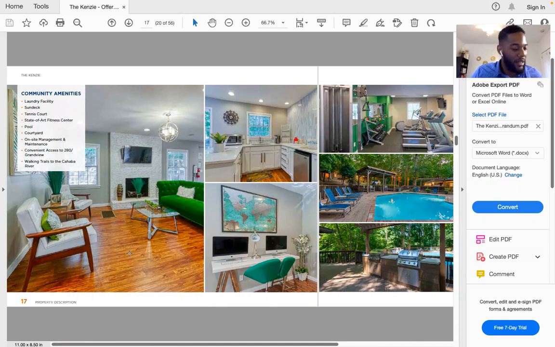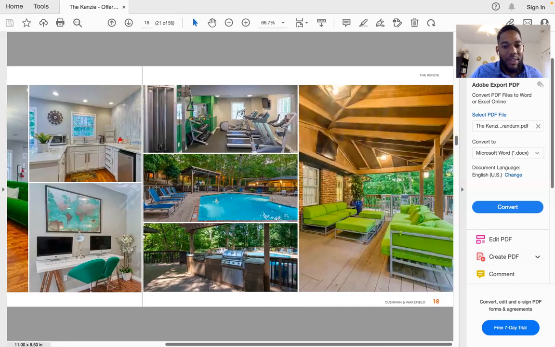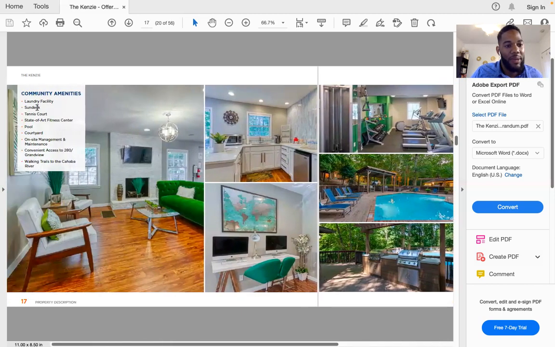I mean, the hardwoods look good. We don't really see this red hardwood much. We're seeing more grayer tones nowadays. I would say tennis courts may have been popular in the 70s, but nowadays we don't really see tennis courts with newer build properties. We're seeing more grilling stations and what do they call those, like the gazebos, and dog parks, stuff like that. This one has a tennis court. So maybe that's an opportunity to repurpose this.